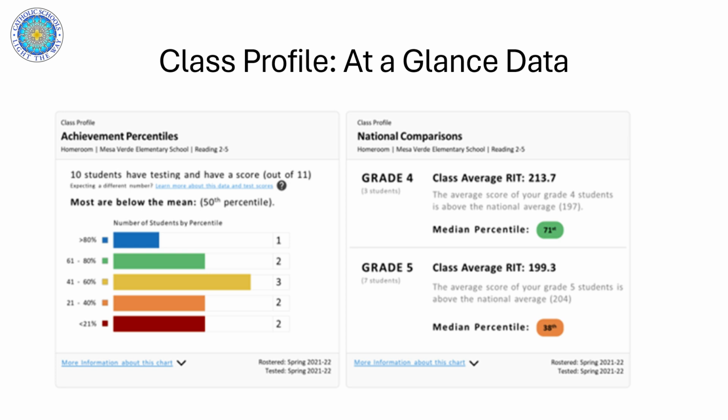You will notice at the top it says that 10 students have testing and have a score out of 11. So there is 1 student that doesn't have a valid score for whatever reason. You will notice the blue links. There is one under achievement percentiles at the top under those 10 students that says learn more about this data